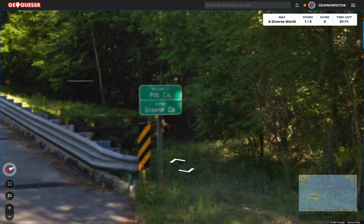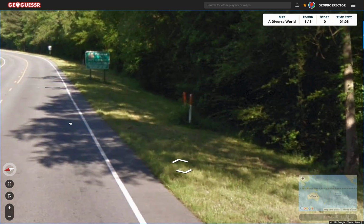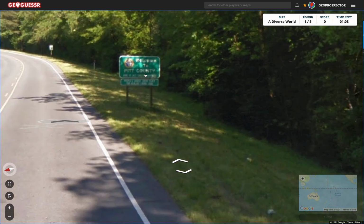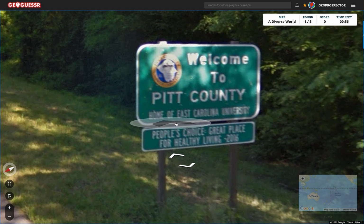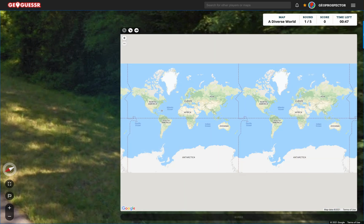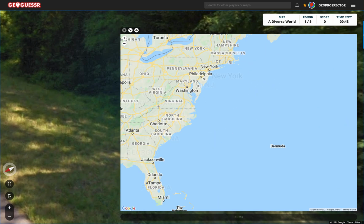Pitt, I think so. We're arriving into Pitt County. We're on the county line. We're leaving Greene County. Let's see. There's more signs up here, so an abundance of signs. Welcome to Pitt County. Does it say the state? Come on. Home of the East Carolina University. Okay. East Carolina. So that could be in North or South Carolina, but